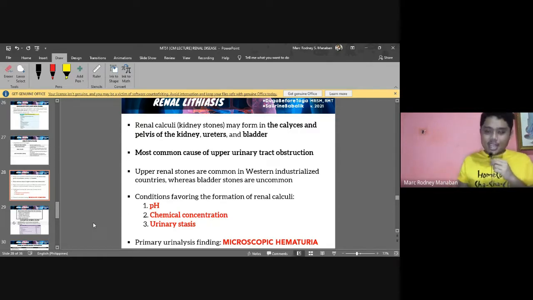change your pH in the urine, okay? So eat alkaline foods so that your urine is alkaline, to prevent the precipitation of these crystals, all right? And of course, don't hold your urine, and keep drinking water, okay? Because again, another condition is of course chemical concentration, right? If you are dehydrated, your solutes are really concentrated, so it can really induce the formation of crystals and eventually the formation of calculi.